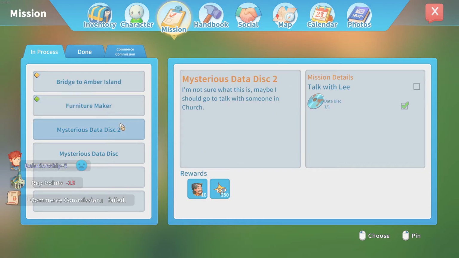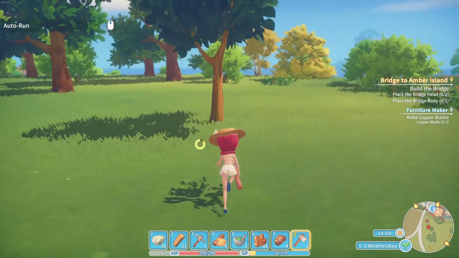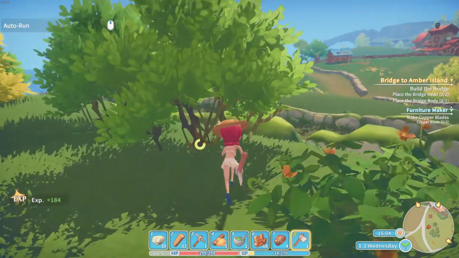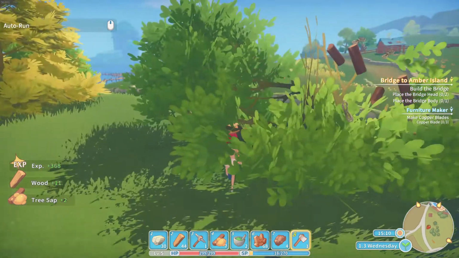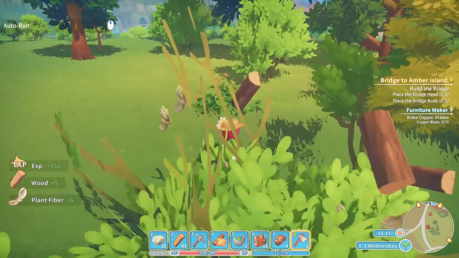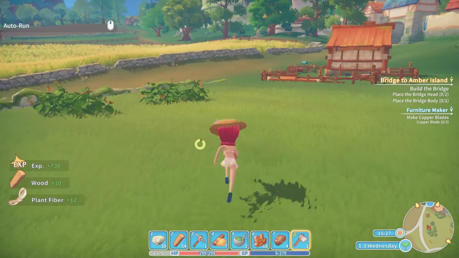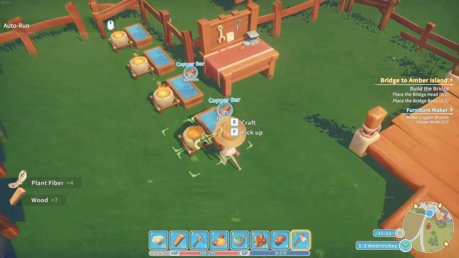So I can do the mysterious data disk, but I'll do that after I get all of my stamina out. And later on we're also going to be kicking trees, but I'm not going to do that until I get, I think there is a perk for better drops from cutting trees. Okay, so I think I'm not going to be able to chop another tree down, so I'm going to, okay,